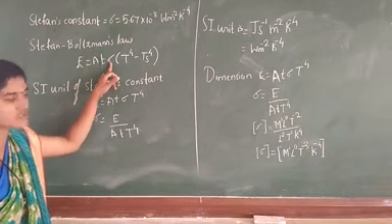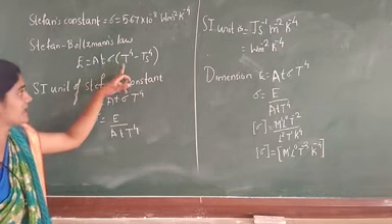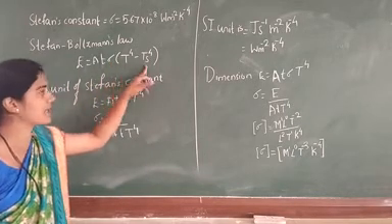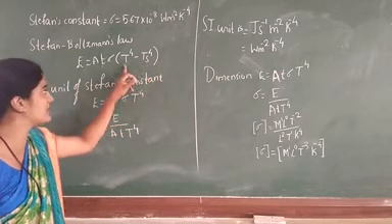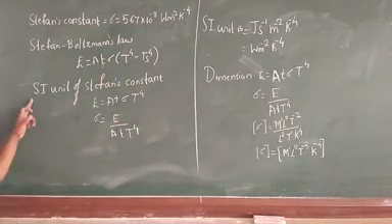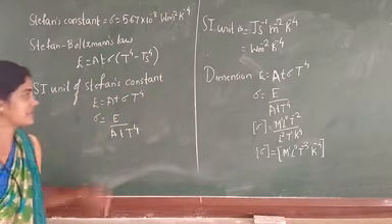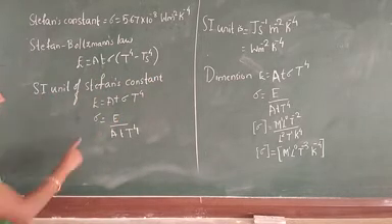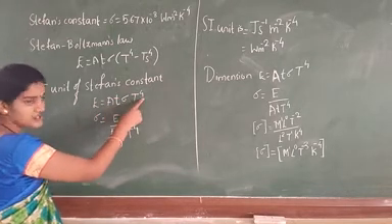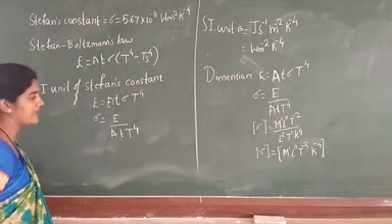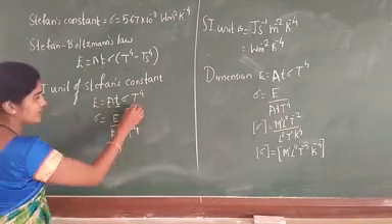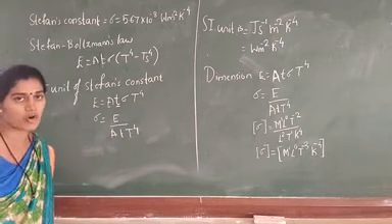Sigma means the Stefan constant in Stefan's law, and here we have taken the temperature difference, that is, the temperature of a hot body and the surrounding temperature, T raised to 4 minus Ts raised to 4. Next we are studying the SI unit of the Stefan constant. First we have taken the formula E is equal to A t sigma T raised to 4, where A means area, t means time, sigma means Stefan constant, and T raised to 4 is the temperature of a hot body.